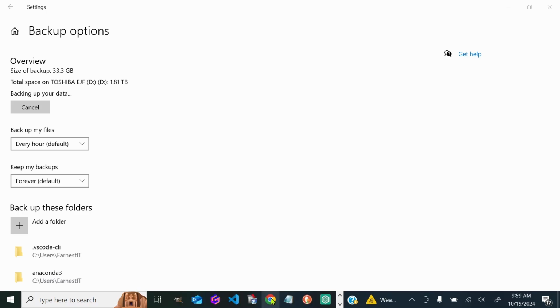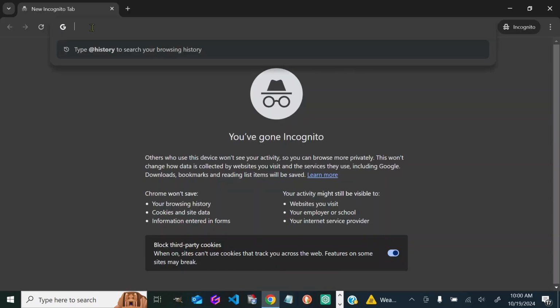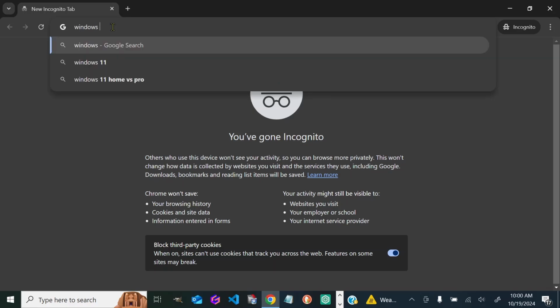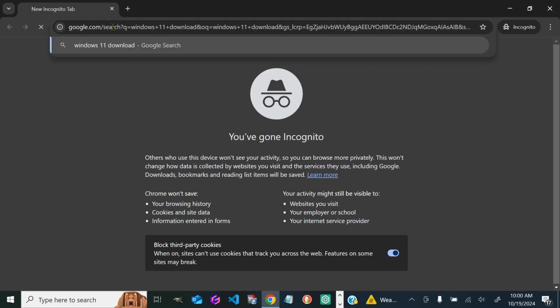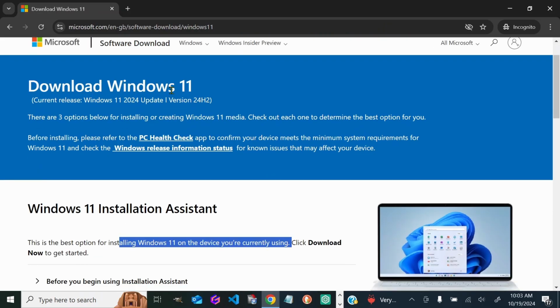available. Open a new instance of Chrome browser. Check what options are available for upgrading to Windows 11. Windows 11 download. Your PC must have Windows 10. Your PC must have 9 gigabytes of free space available to download Windows 11. Click on the link. On the Windows 11 download page, the current version of Windows is for 2024, and there